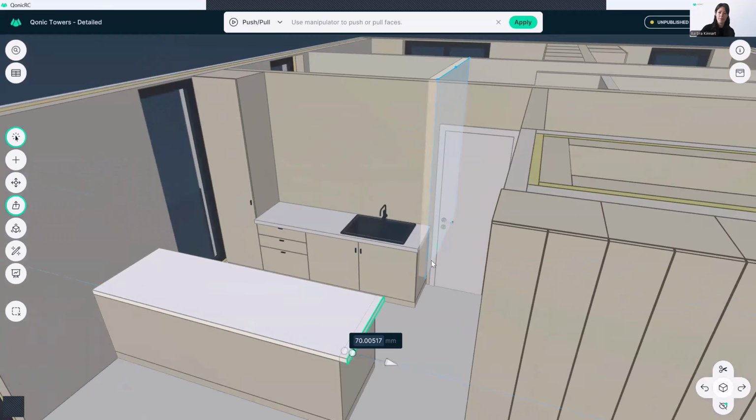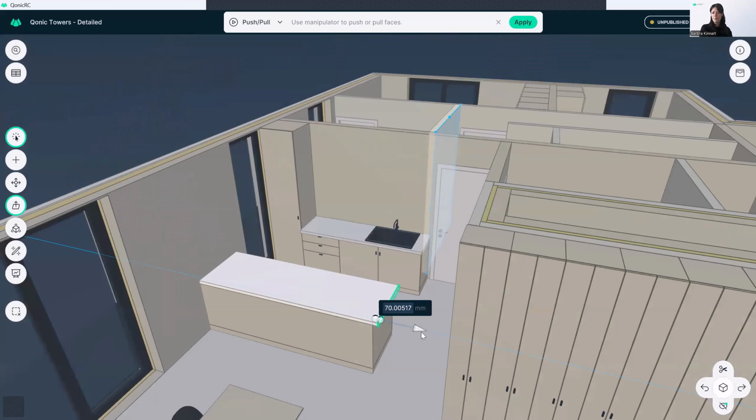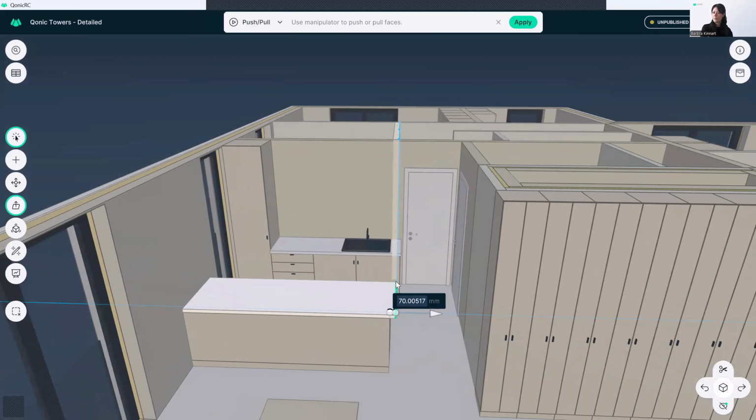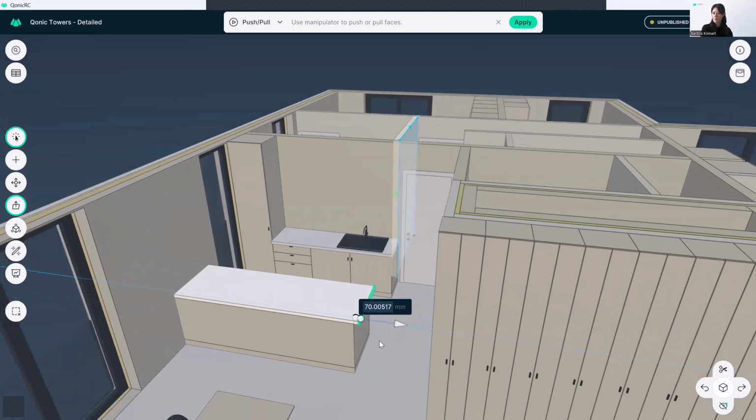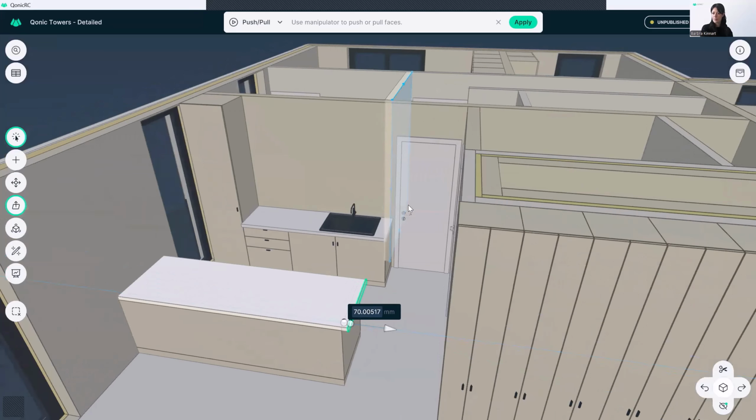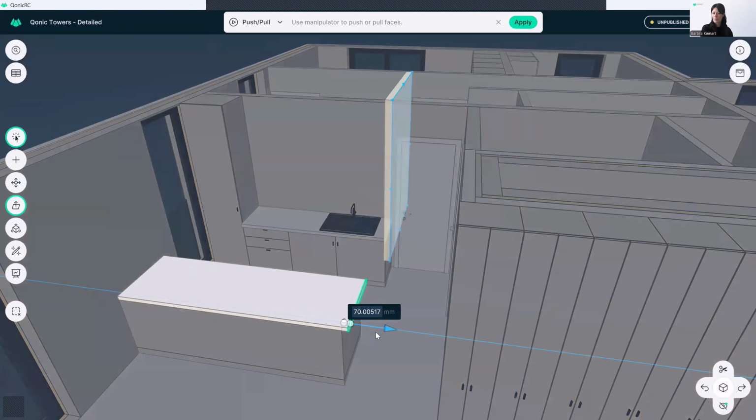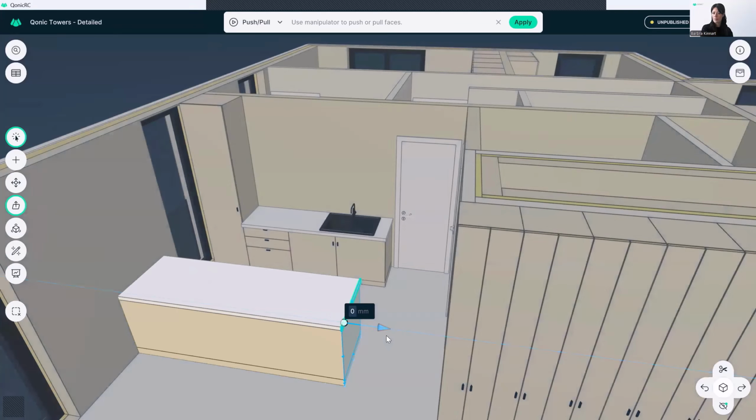So let's say in this case here, this wall is being highlighted, which basically means I'm currently aligning this countertop with that wall. Now, which objects and which faces are being highlighted during this movement of the manipulator is actually governed by a couple of factors. For example,